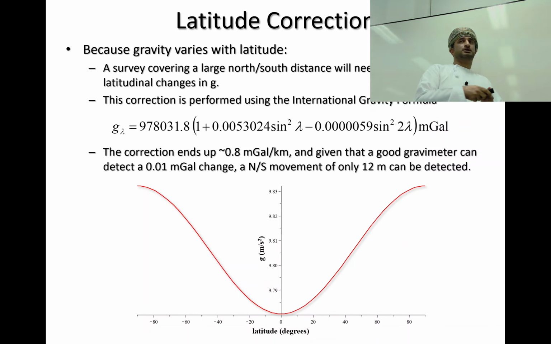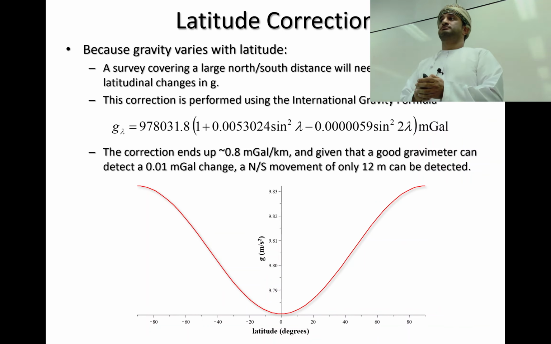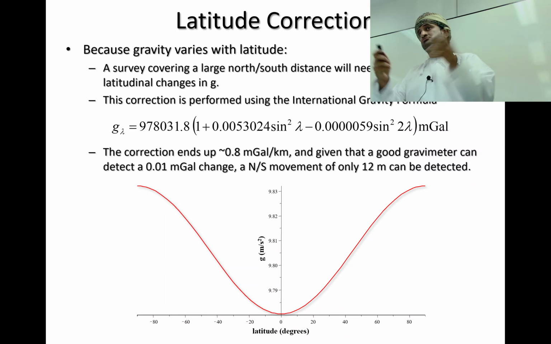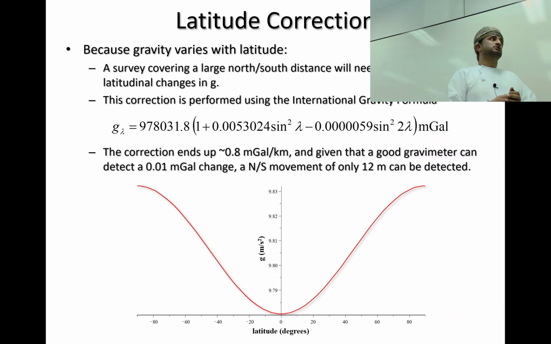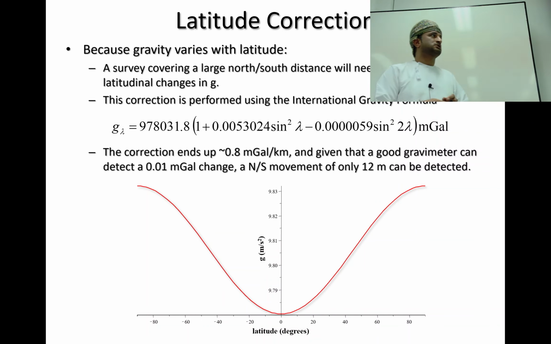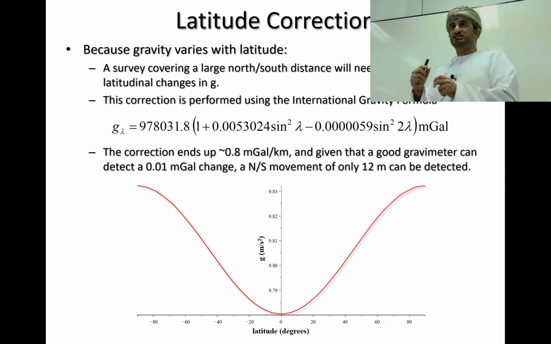Usually the gravimeters can record only up to a certain amount of change. If the change is lower than that value, they cannot record it. If there is a change smaller than this, you might not be able to record it. You probably need a better, more sensitive instrument. Considering this sensitivity, and the change usually per kilometer, you can record a change if you move